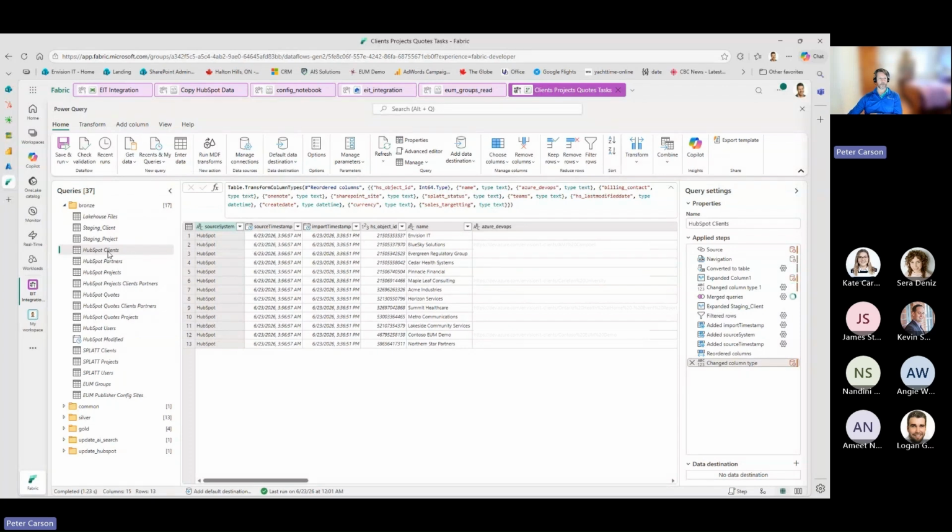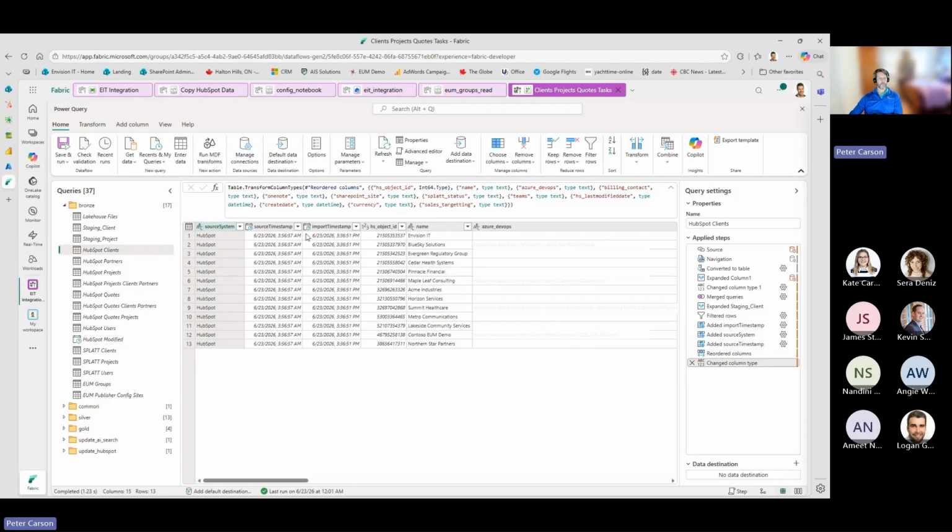So this HubSpot clients is pretty much literally what was in the client's feed from HubSpot. I've added a couple of steps in here because we've done some transformation to obscure real clients and turn the subset down into a demo set. When we get the sandbox going in HubSpot, we'll be able to take that out. But it's predominantly just pull that data across.